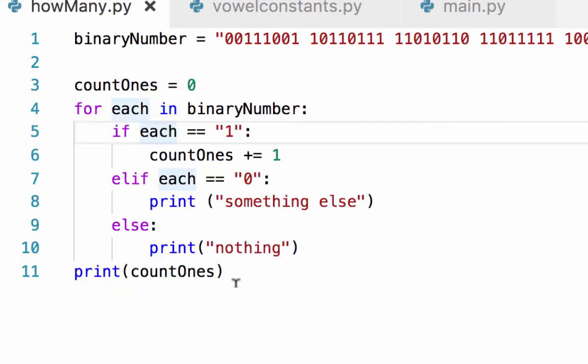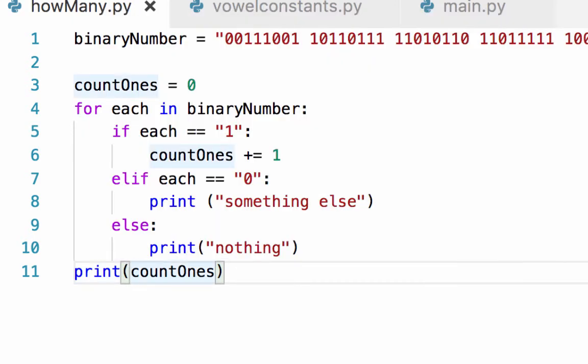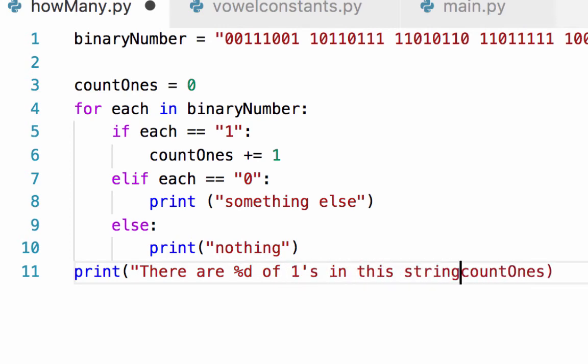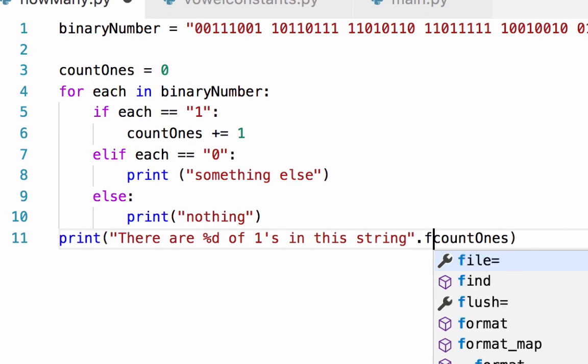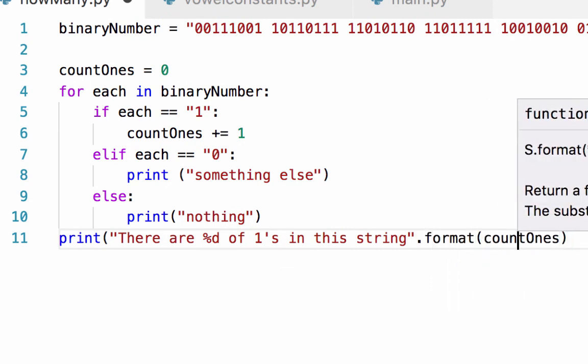I want you to edit this so that it prints out the count of the ones and the count of the zeros. Oh, we could do that a little more attractively if we said there are, and then I put a percentage %d, that's where the number's going to go. There are number of ones in this string, close speech marks, dot format, open brackets,